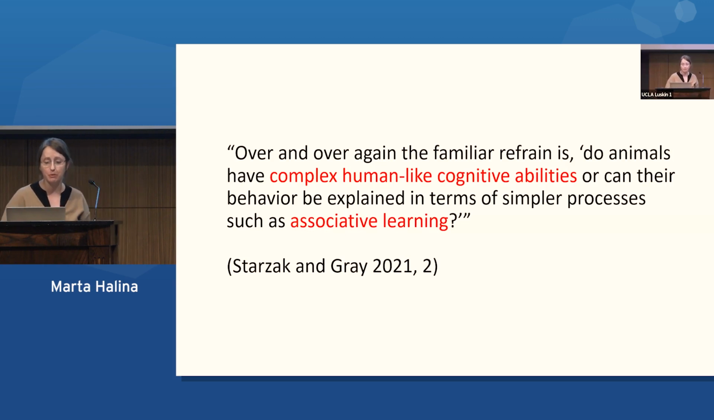So here's one example in the context of causal cognition. Tobias Starzak and Russell Gray note that over and over again, the familiar refrain is, do animals have complex human-like cognitive abilities, or can their behavior be explained in terms of simpler processes such as associative learning? So I think I'm probably singing to the choir here in terms of that we need to move beyond this